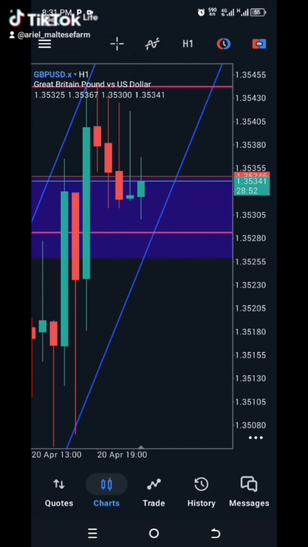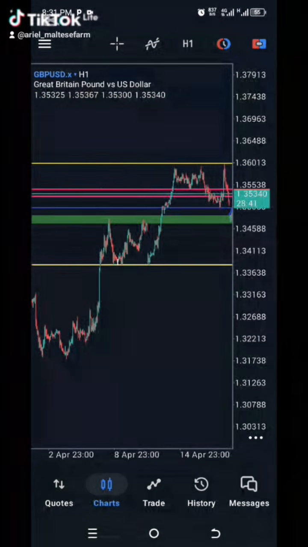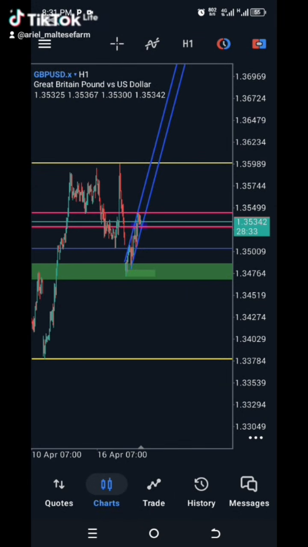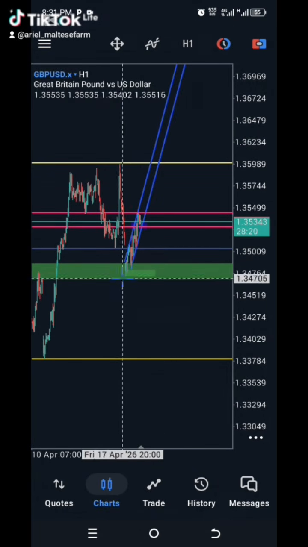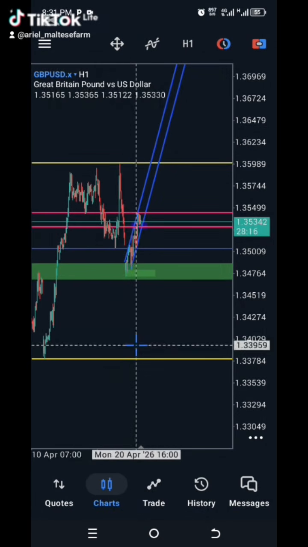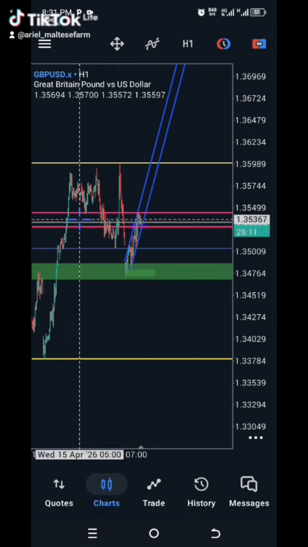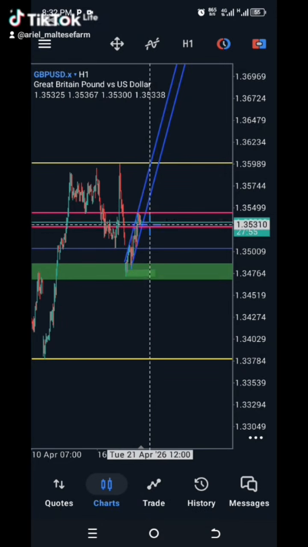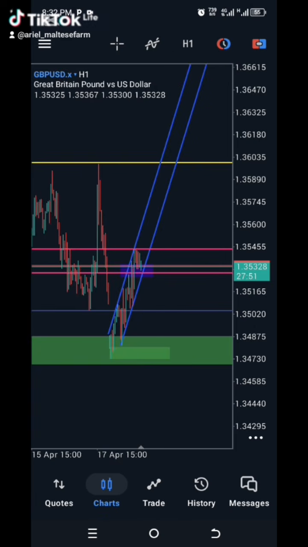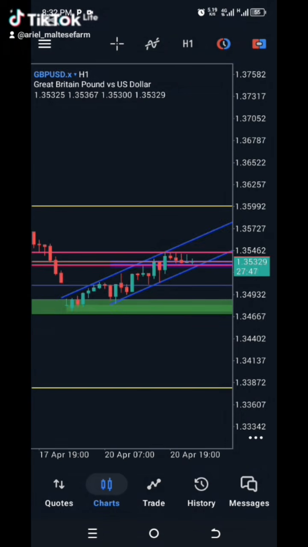Let's go to the 1 hour and see what the market is saying. You can see the structure. It's a bullish structure. The sellers are in this zone. We cannot say they are in control yet, because they have to break major support and resistance before we can say okay, they've changed their character to the downtrend. Although they did something here, they broke the structure, they broke this one, they broke this one. So it's being tested, but they haven't broken it yet. So I haven't taken a trade, but I want to add the breakout of this trend. So either they will break it to the downside, or they'll break